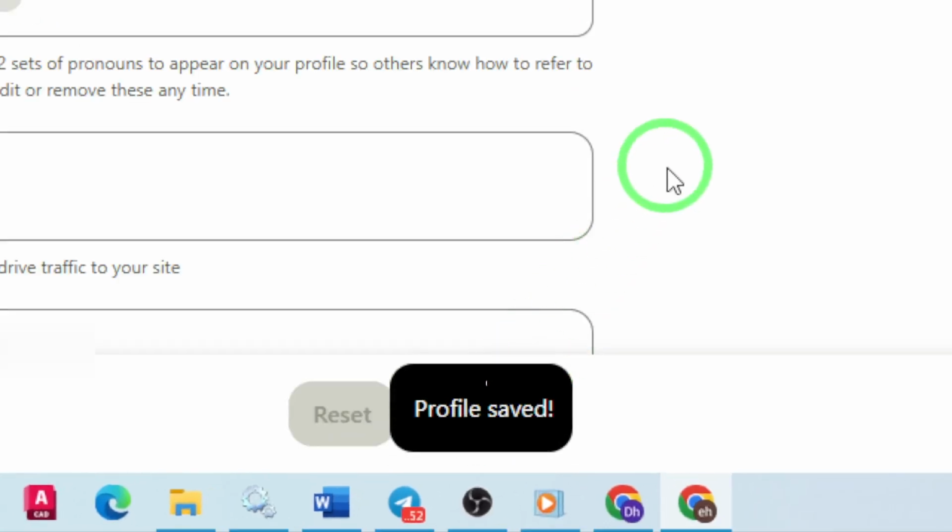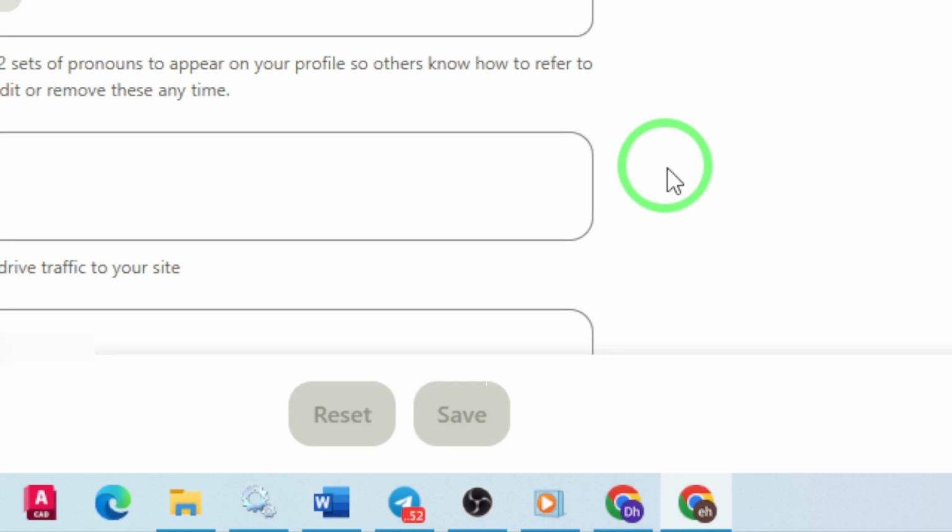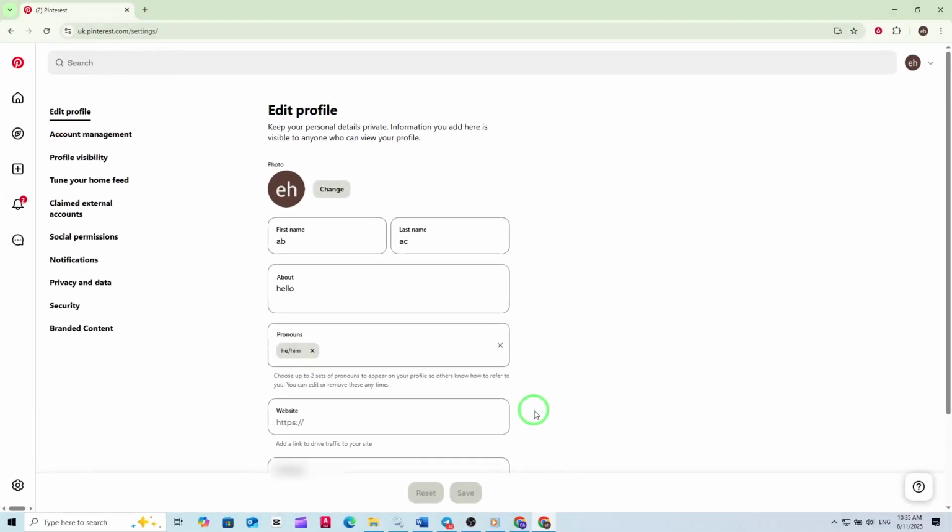And that's it. Your pronouns will now be visible on Pinterest, helping others address you correctly and fostering a more inclusive online space. This new update makes it easier than ever to share your identity with your